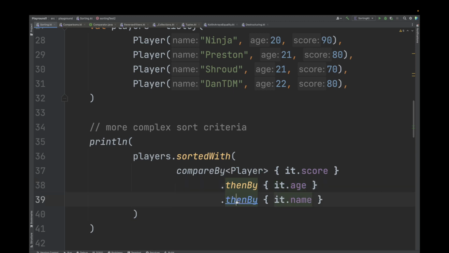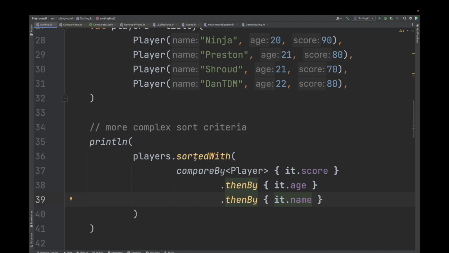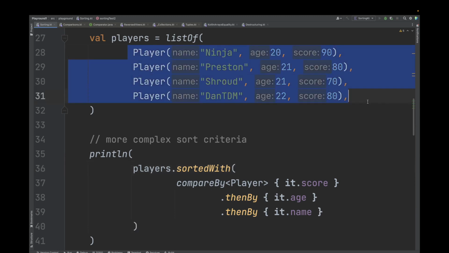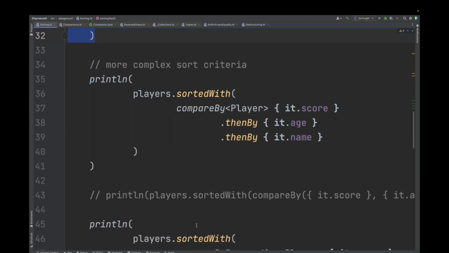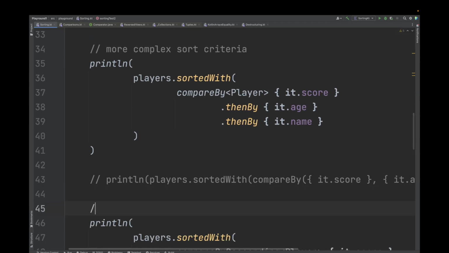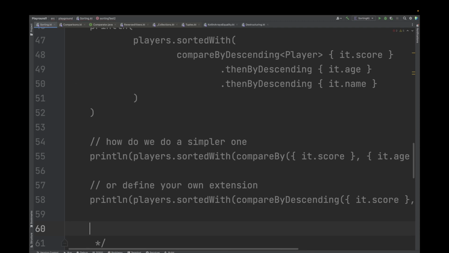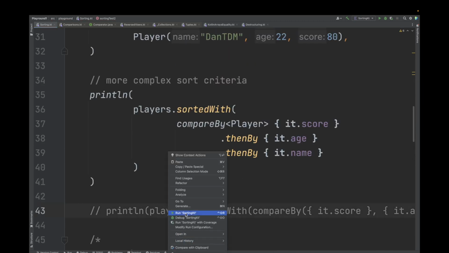This one also would use as the previous comparison the one with the age, right? So if the age is equal, it will use the name, right? And so this is a way to nest them. And so let's run this one on these players. And you can see here, let's comment the other prints just to make sure we get one result. Okay, so if we run this one,